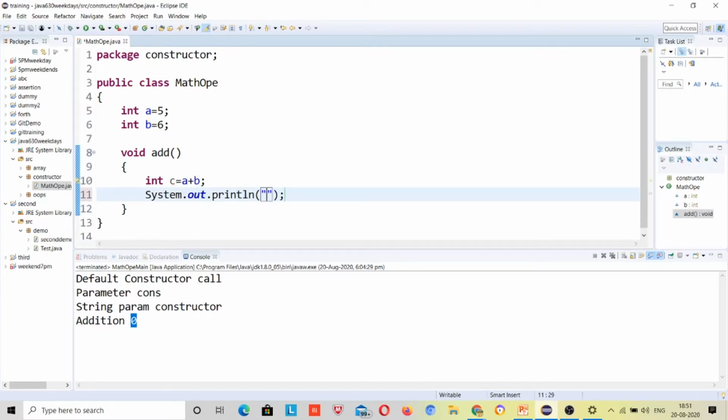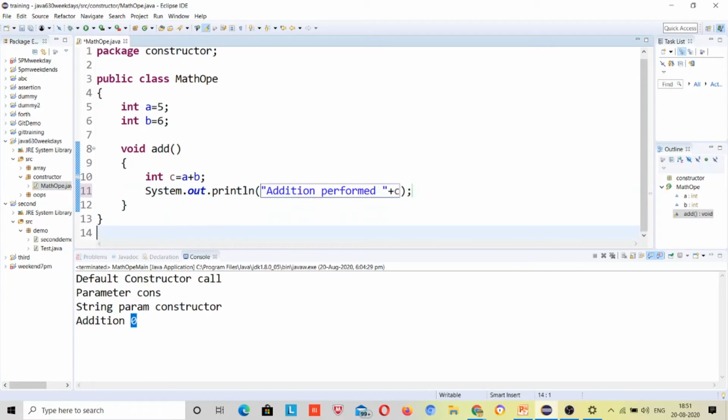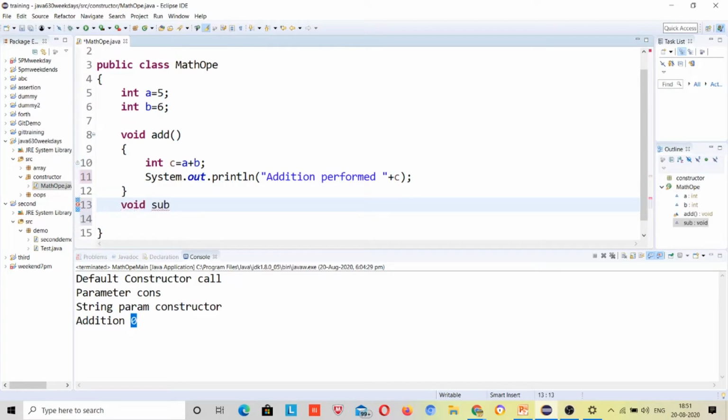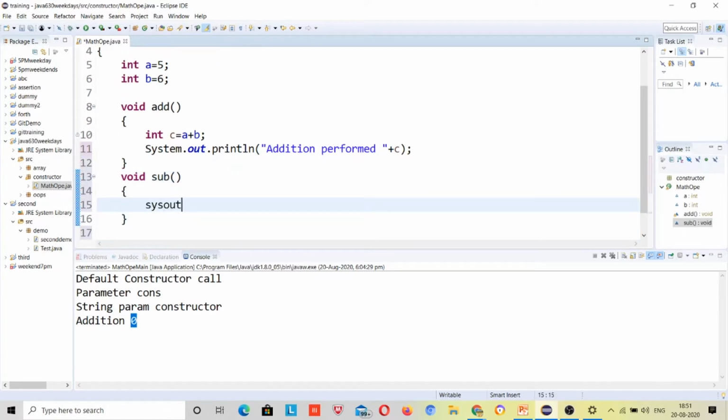Here you can give a message, addition performed, and concatenate this variable and print it. You can have another method like void subtract, where you give int c is equal to a minus b and print out this c.